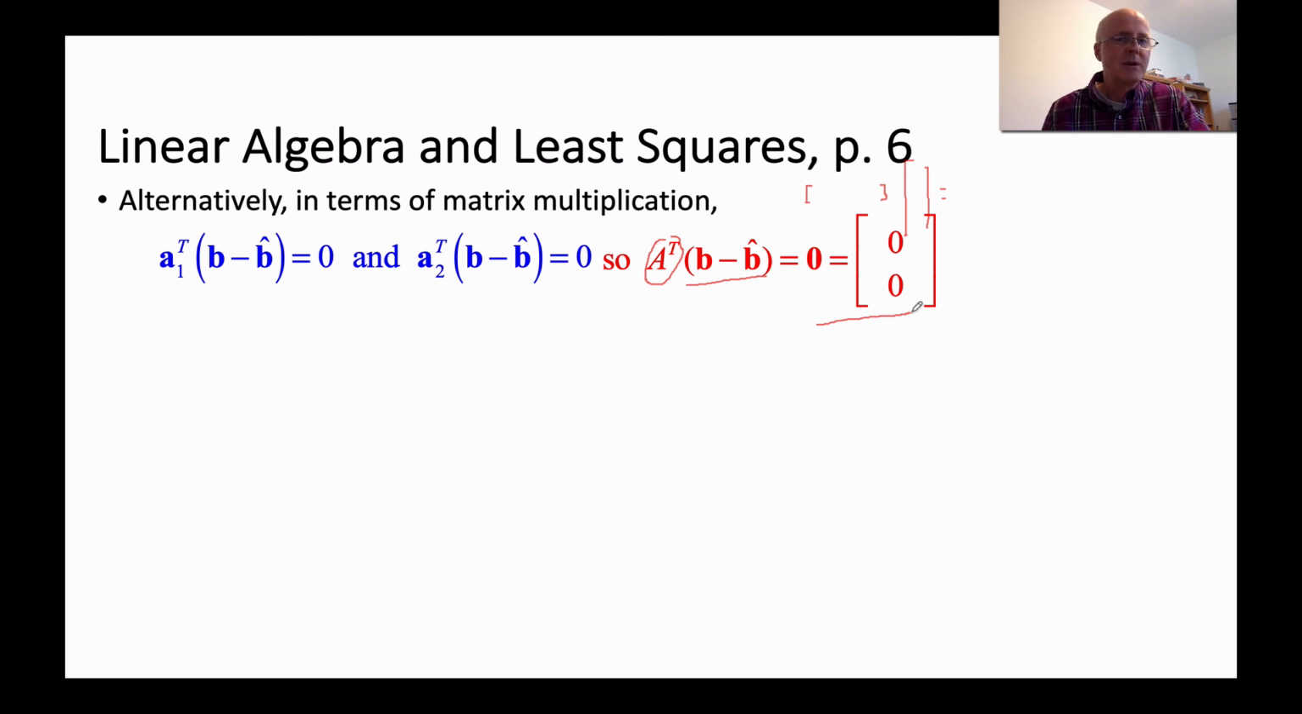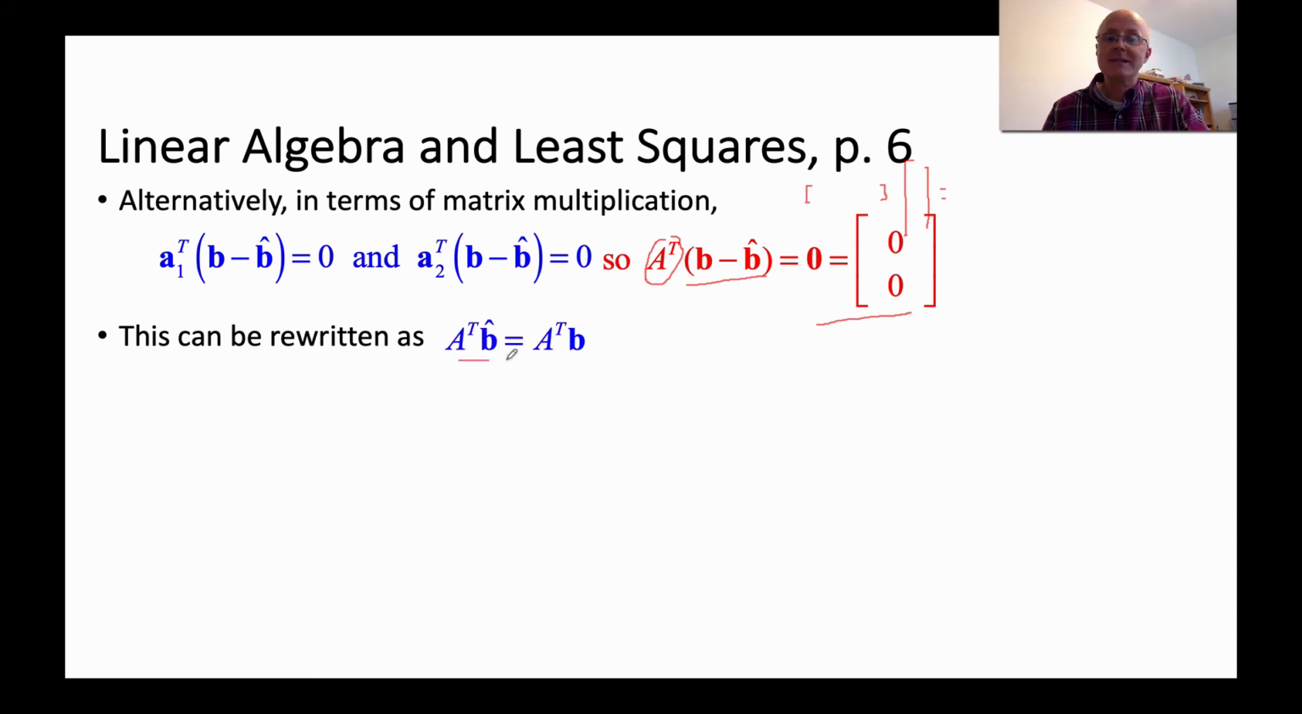You see where we're starting to move toward the normal equations here? A transpose is analogous to X transpose with the normal equations in statistics in our general linear models. We can rewrite this. We can use the distributive property to multiply the A transpose through the parentheses to get A transpose times B minus A transpose times B hat equals the zero vector. And then we can add A transpose times B hat to both sides and rearrange, if we like, to write